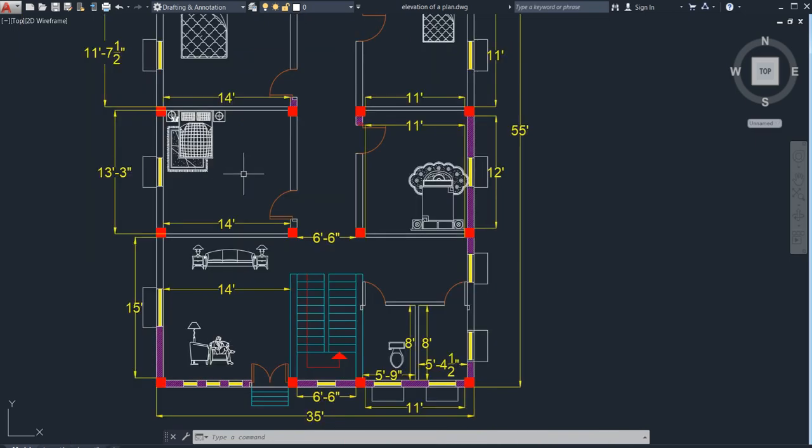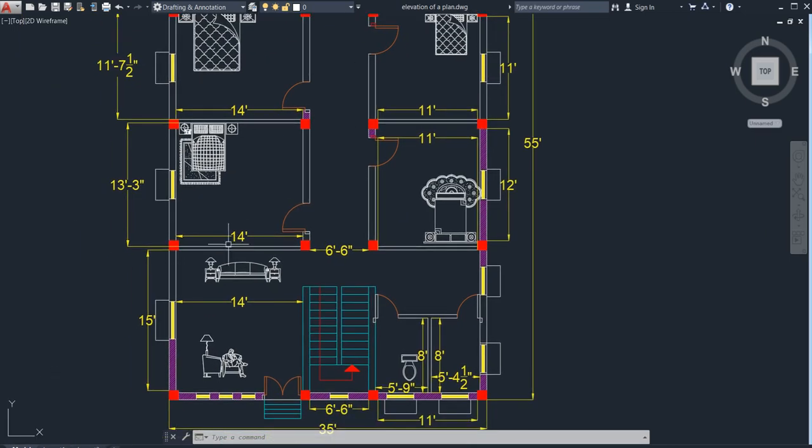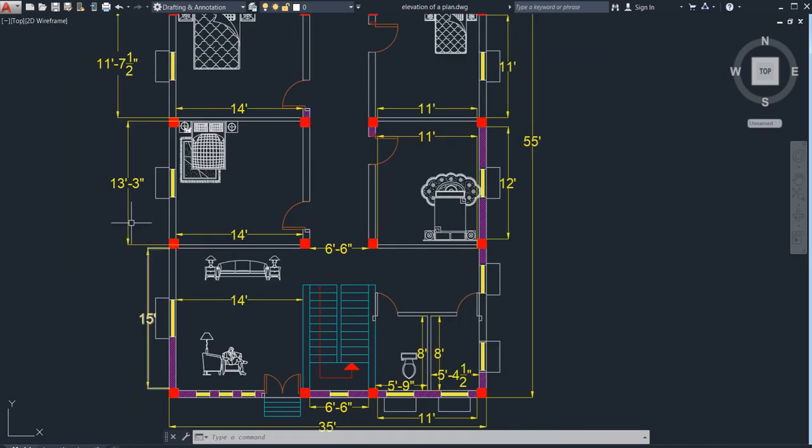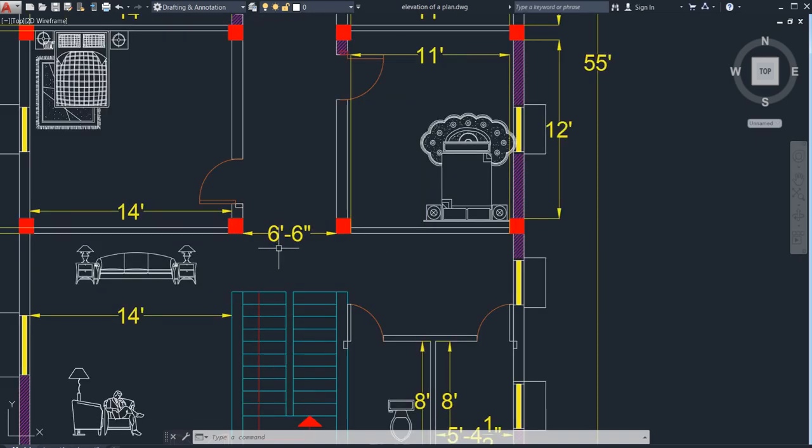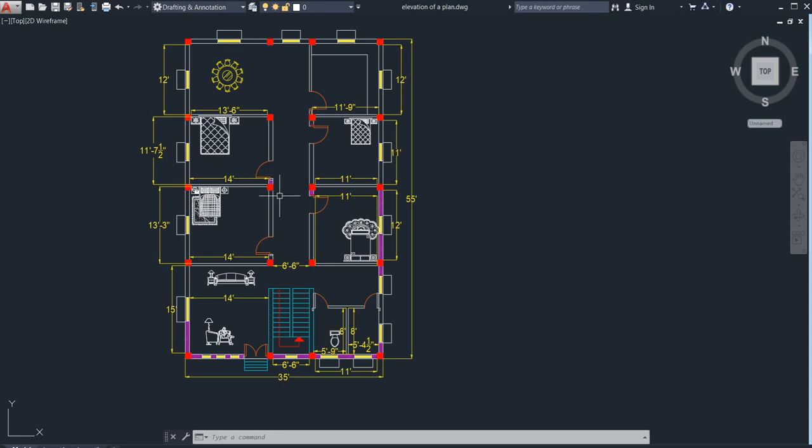This is our bedroom having the dimension of 14 feet into 13 feet 3 inches, and this is our passage having a width of 6 feet 6 inches, and this is again a bedroom. As you can see, its dimension is 11 feet into 12 feet.